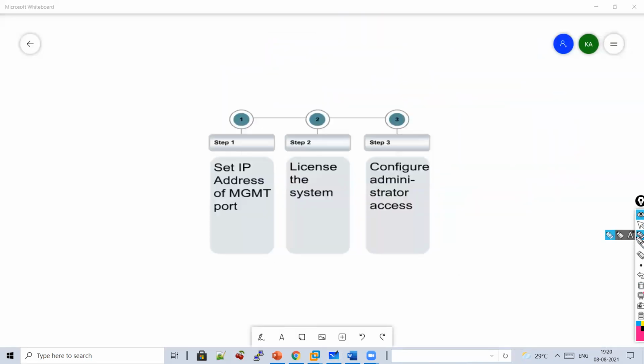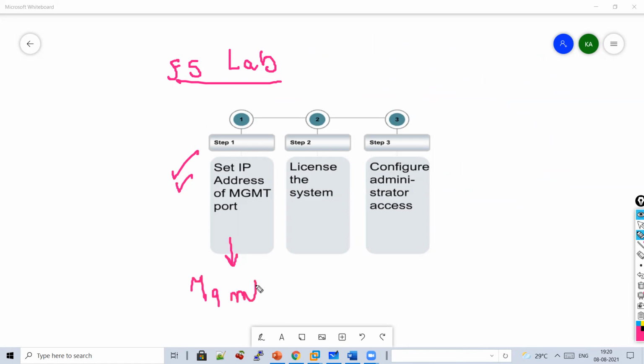So now, guys, we will be doing the F5 lab setup in 3 stages. First, we will set an IP address on our management port so that we can get management connectivity. Second, we will license the box so that my traffic can be handled properly.